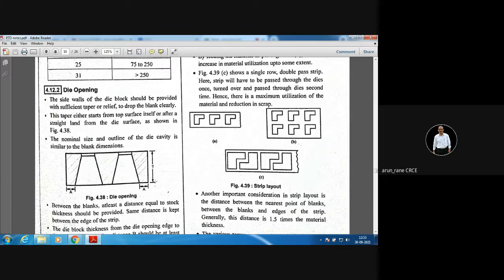Of course, you cannot make this zero because you will have to keep some thickness of at least 20 mm. So you cannot grind it totally. So even if you keep the thickness of 20 mm, you have 30 mm for regrinding. So in 30 mm, 30 divided by 0.5, you can at least regrind for 60 times. So 60 times means you can get 60 lakh pieces. Whereas if you are keeping a straight length of 5 mm, you can get 10 lakh pieces. This is the disadvantage of die opening.